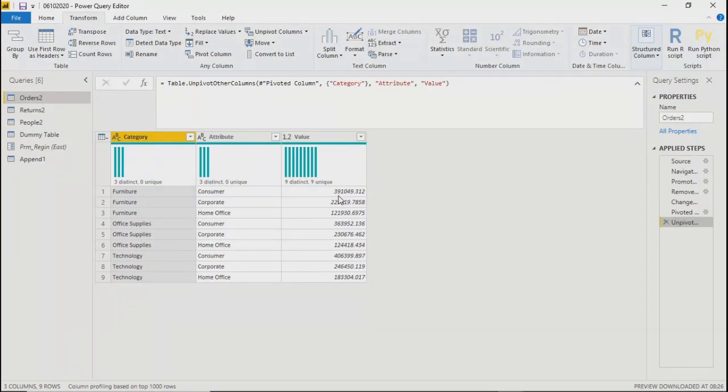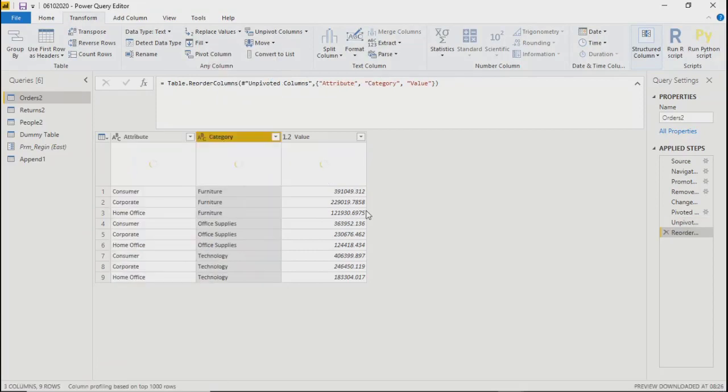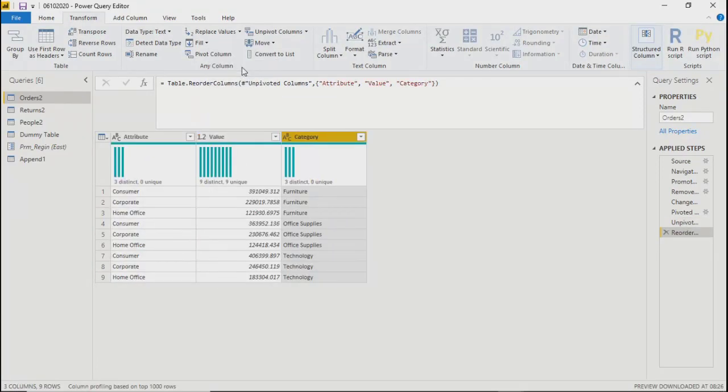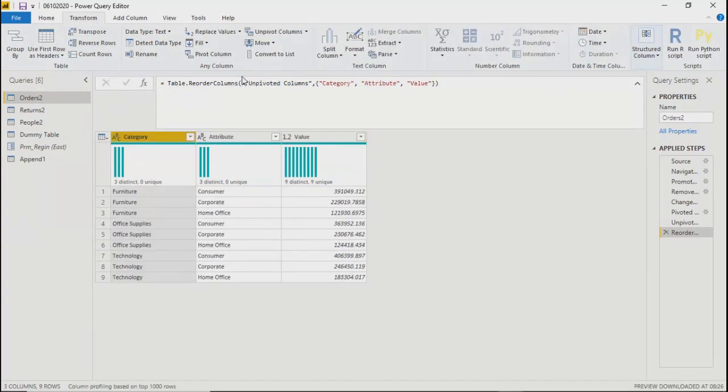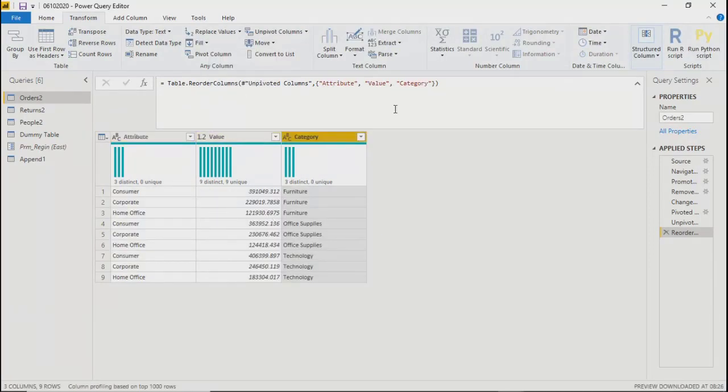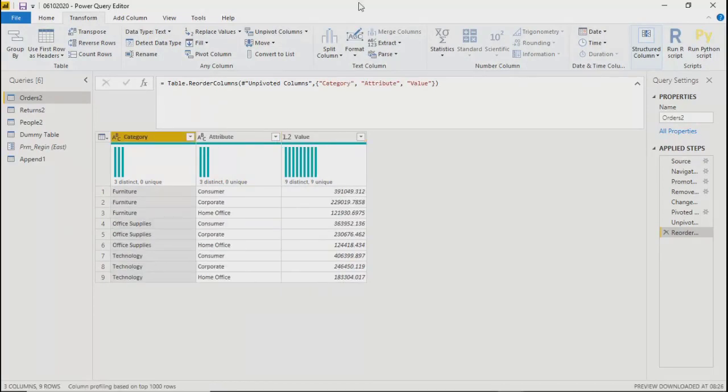After this, we have move left, right, beginning, and end. It is basically about a column, how you want to move it. Let's say this column is at the far left, I can move it to the right. It is just the movement of a column. Not sure whether you will ever use this in Power BI, but the feature is there, so that's fine. Generally people will click and drag and drop instead of going to this option.